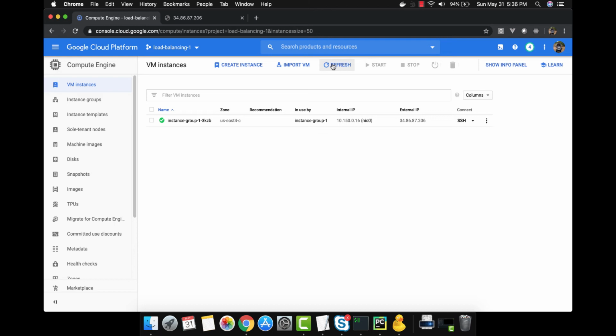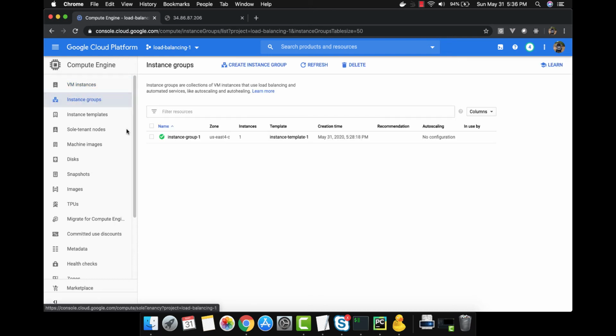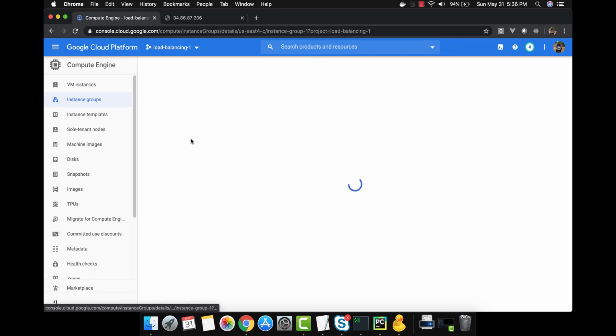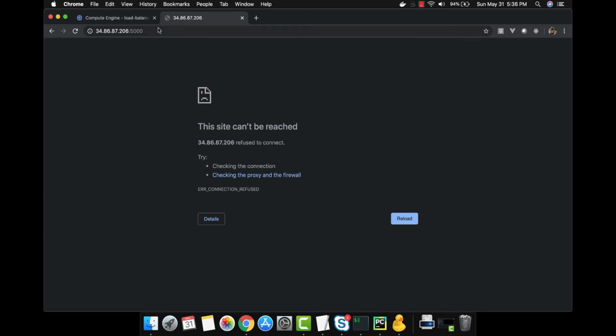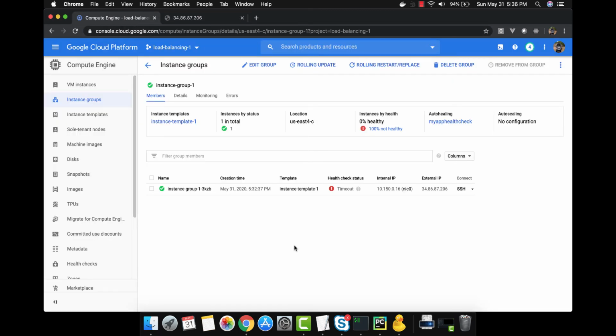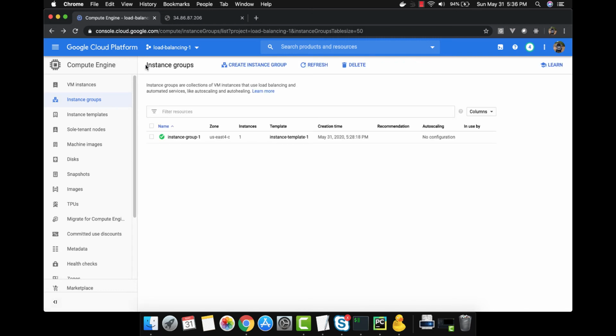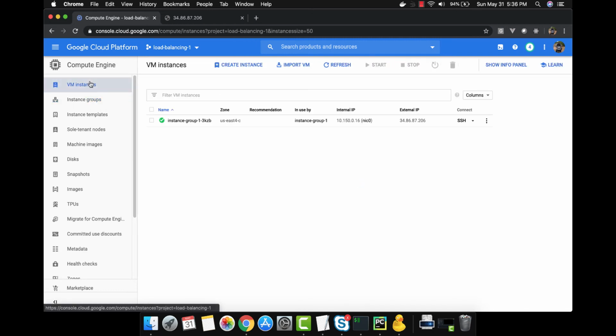They're gonna run the health check. They're gonna find out like, okay, our system is up but the application is down, so we need to bring a new system back up. So if you go here, it will tell you that health check status is timing out, because of course the system is down, right? So what's gonna happen is in about a few seconds it is gonna bring a new